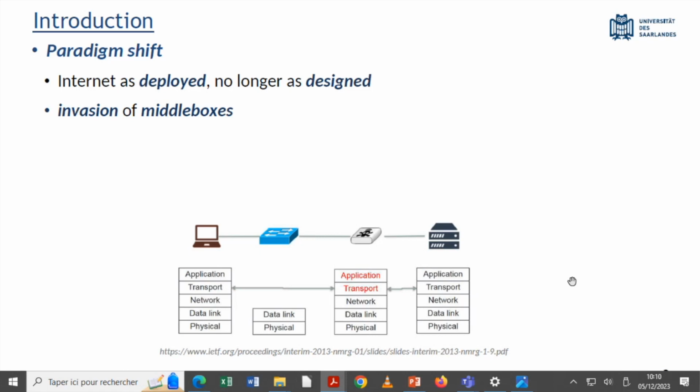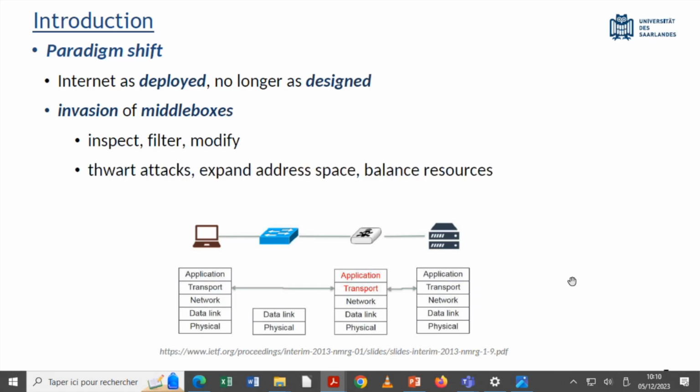And a good example of this increased internet complexity are devices called Middleboxes. Now, these devices sit in the middle of the internet and perform tasks which are not permitted by these traditional definitions. In fact, these have been found to inspect, filter, modify, and even drop packets. Some of them are deployed for benign ends, such as address-space expansions, balancing of resources, and prevention of attacks. Some of these also entail dangerous side effects.